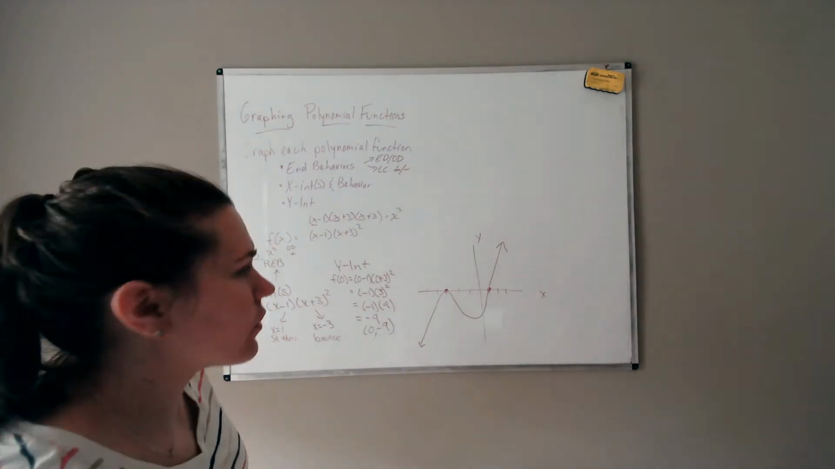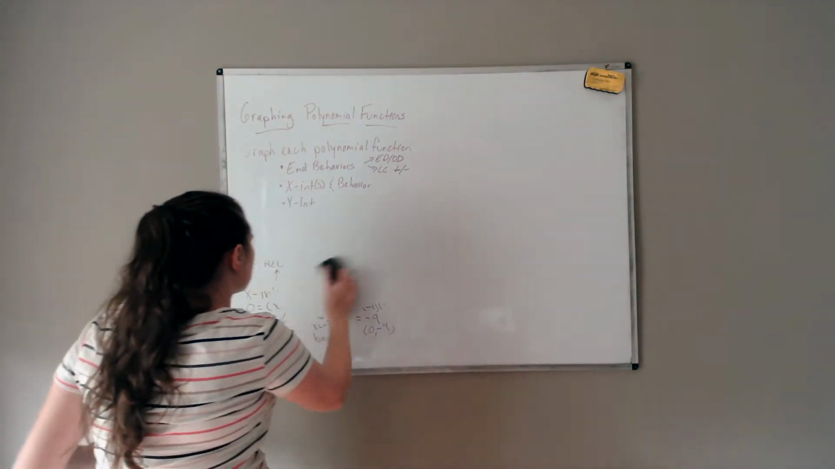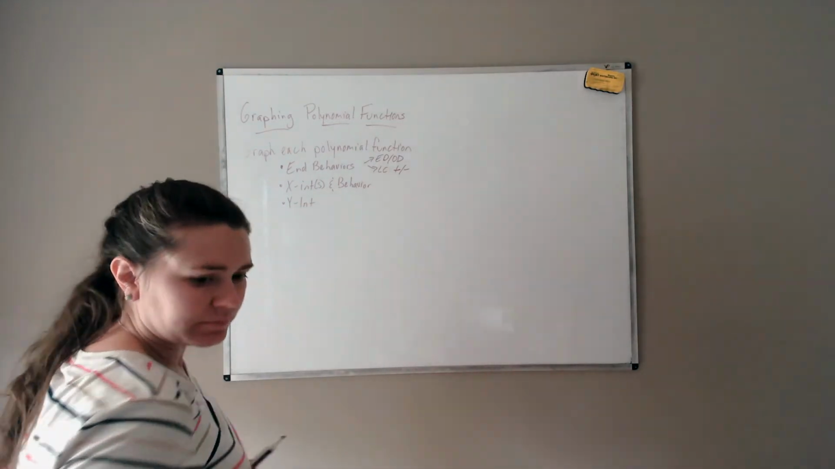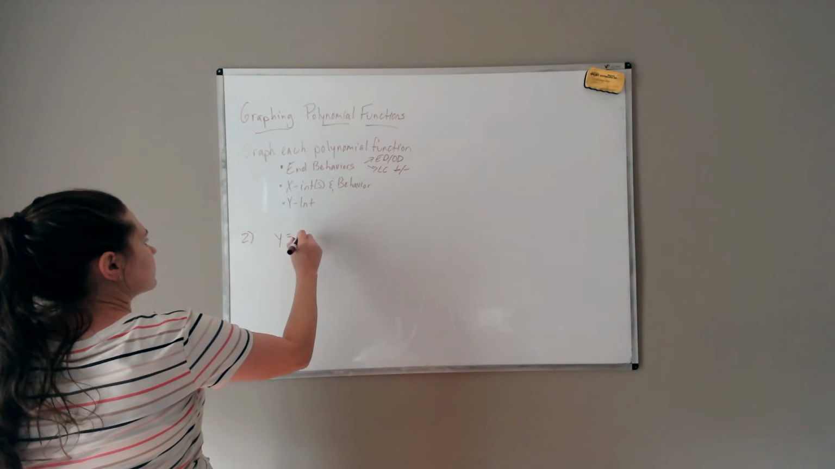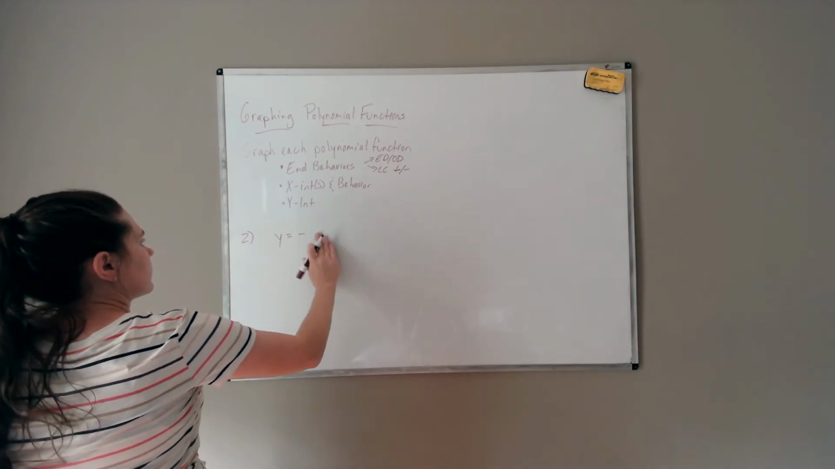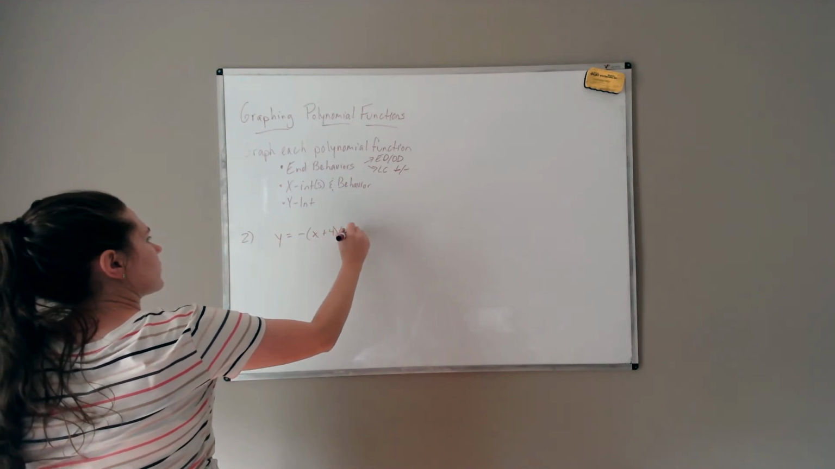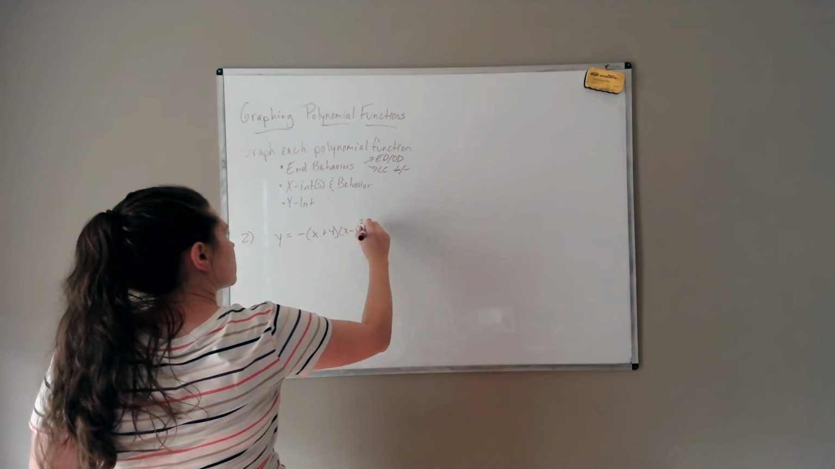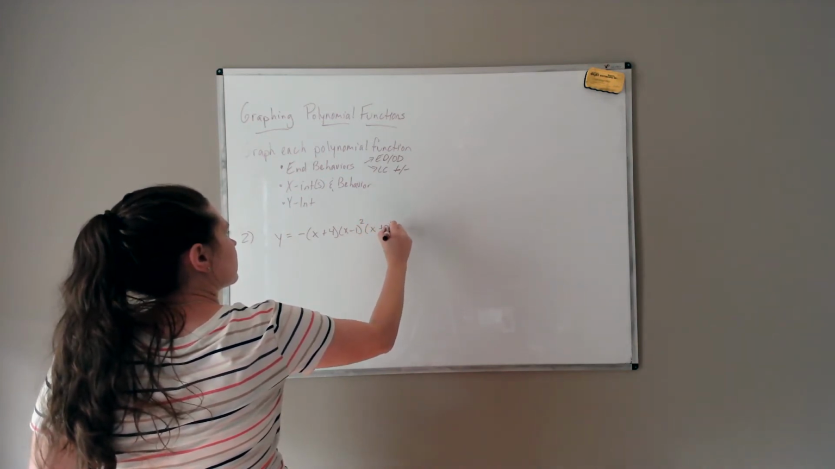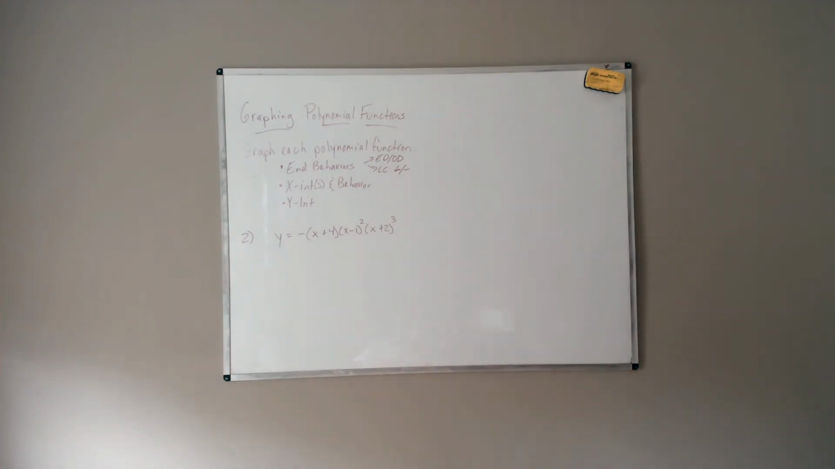Now let's move on. Let's do another one. Number 2. Let's do, actually, oh yeah, why not? Okay, so y equals negative times x plus 4 times x minus 1 squared times x plus 2 to the